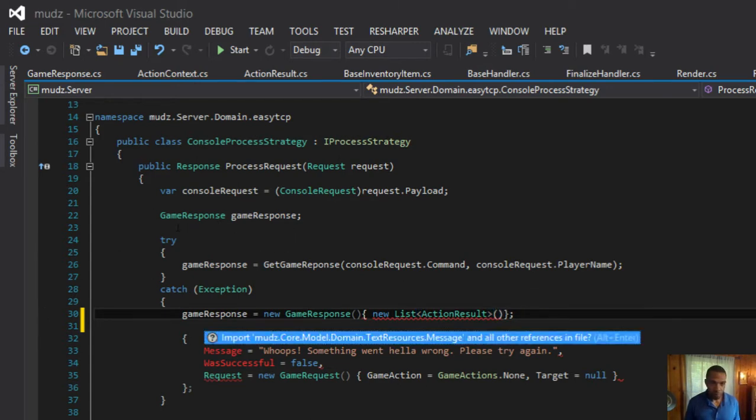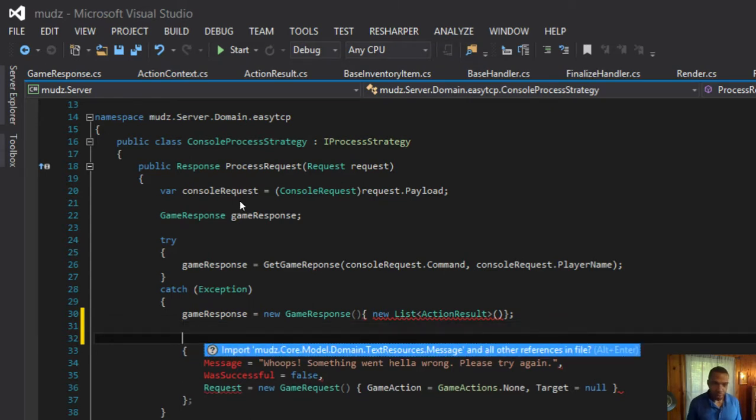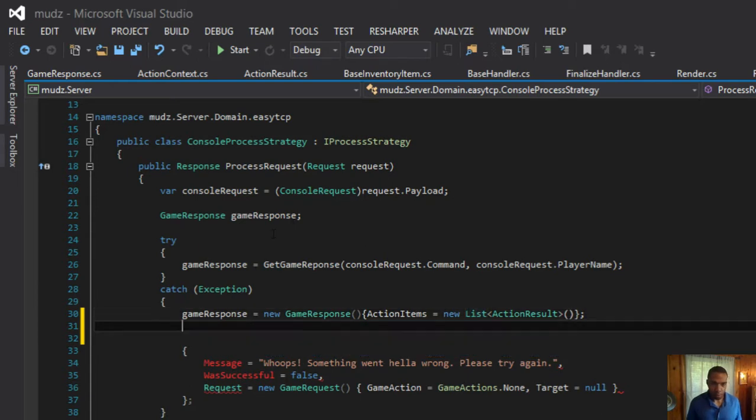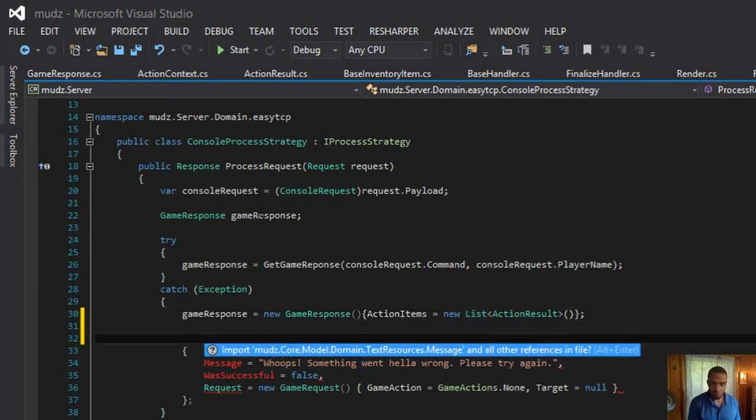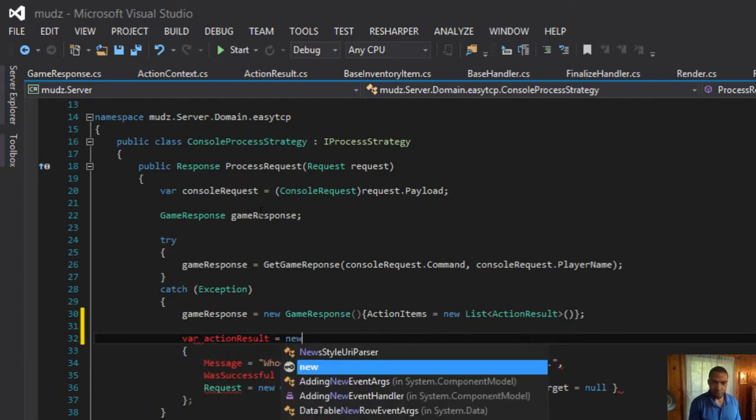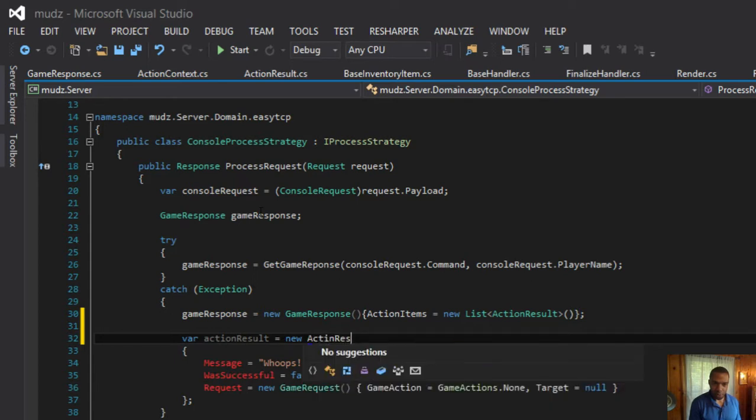Oops, hang on. This is going to be messy and my IntelliSense isn't going to help me. There we go. Then we want to do, let's just do this: action result equals new action result.